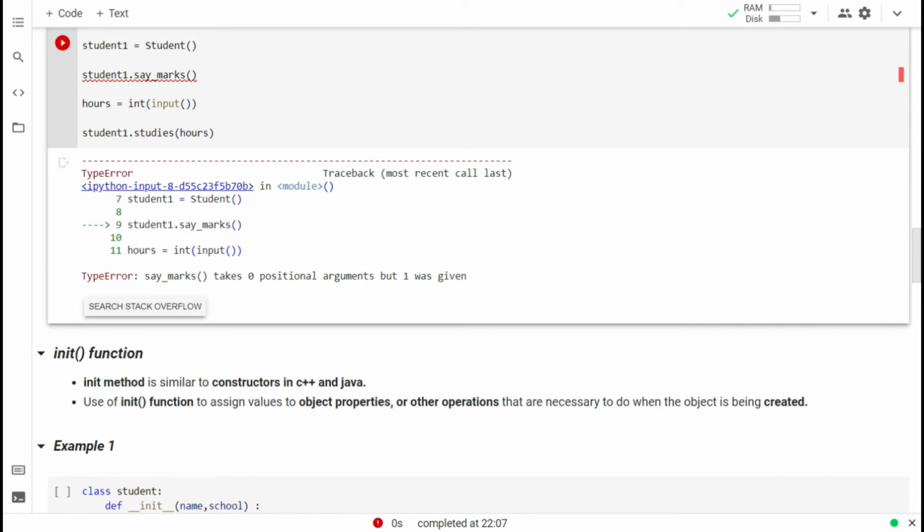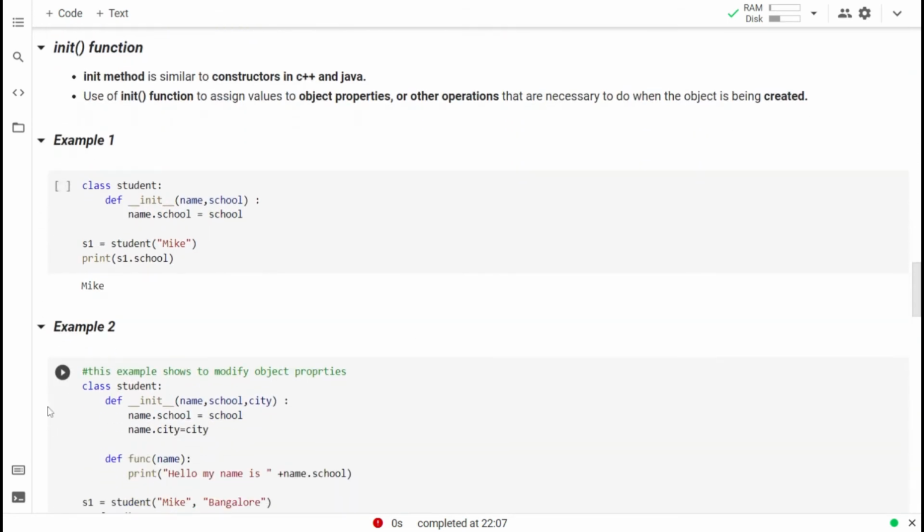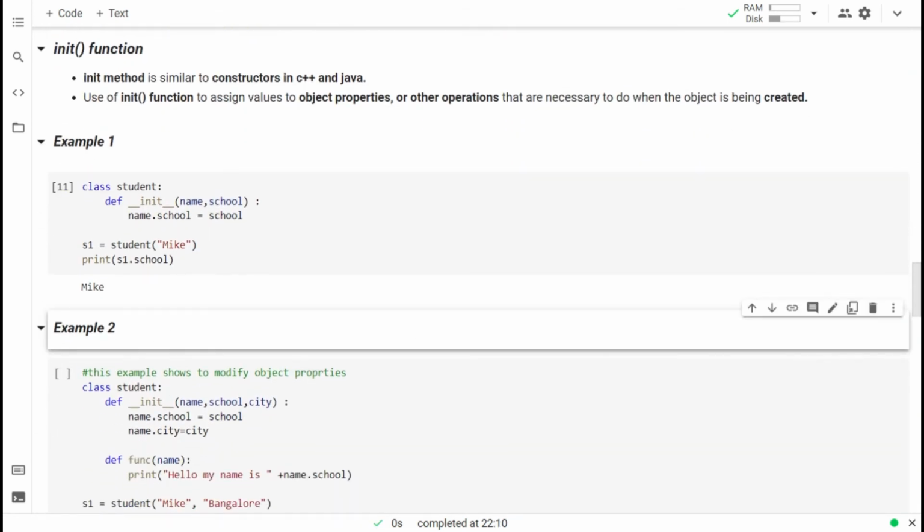Moving on, we'll discuss the init function in detail now. If you're familiar with C++ and Java, you might be aware of the concept of constructors. Init is a very similar function to that. Its basic function is to initialize values of data members of a class when an object of the class is first created. Like methods, a constructor also contains a collection of statements that are executed as soon as an object of a class is